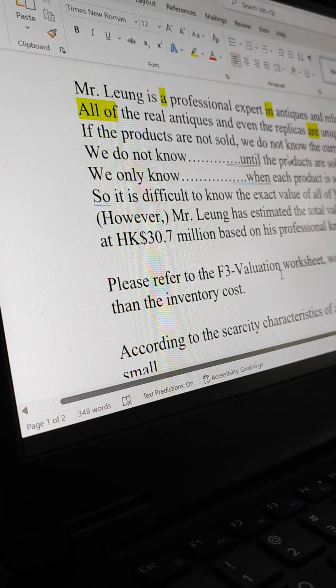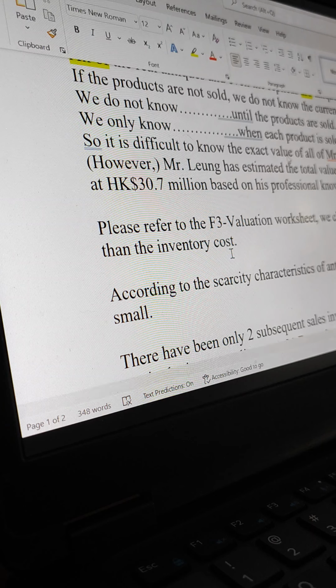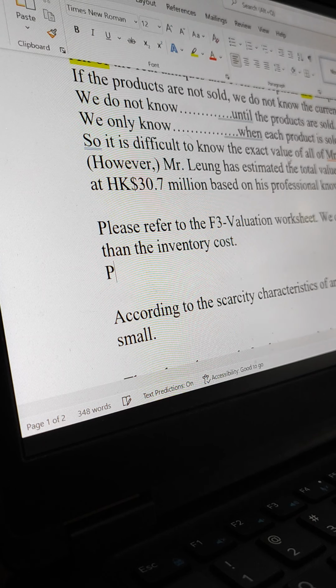Okay. Now, please refer to the F3 valuation worksheet. So that's one sentence. Yes. And then the next sentence is we checked. So you can't link the two together with a comma in the middle. You need to put a full stop and then the next sentence. Or you could do it like this. You could say, please refer to